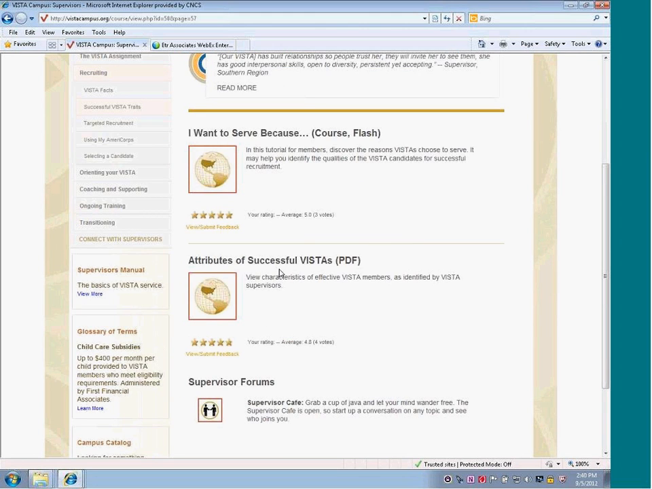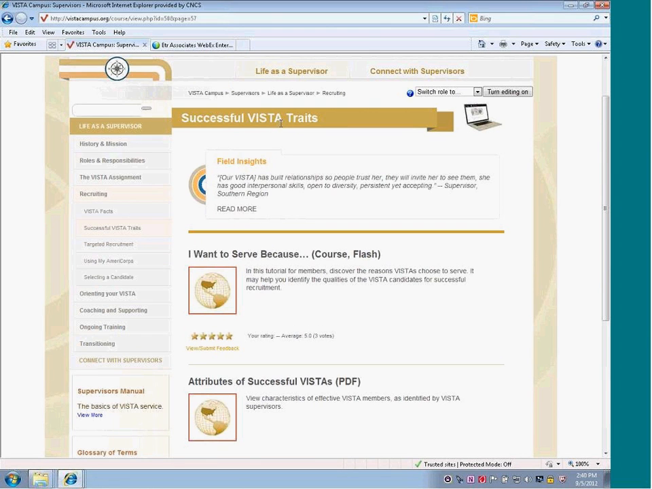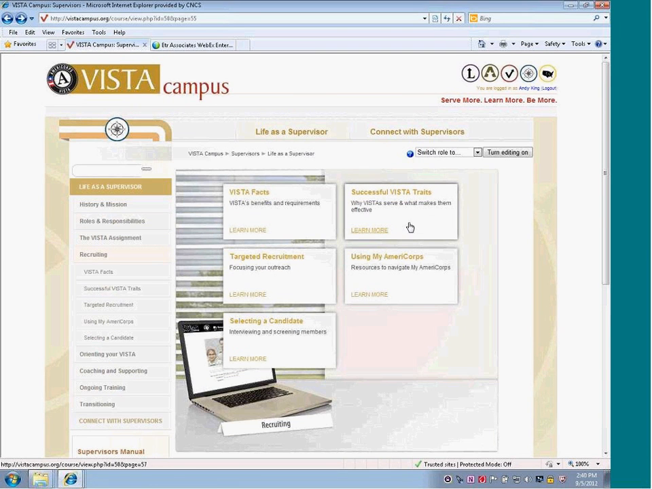We also have a resource here looking at characteristics of successful VISTAs, the ones who've been effective in their work, and what kinds of qualities, skills, and attributes they had, as identified by their own VISTA supervisors. So with what makes a VISTA successful and why they serve, you can then start to put together your recruitment messages and